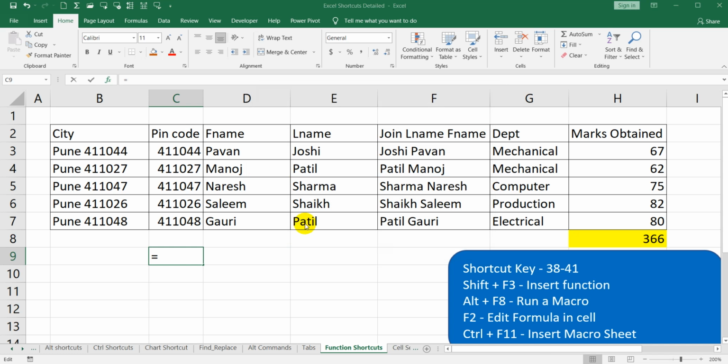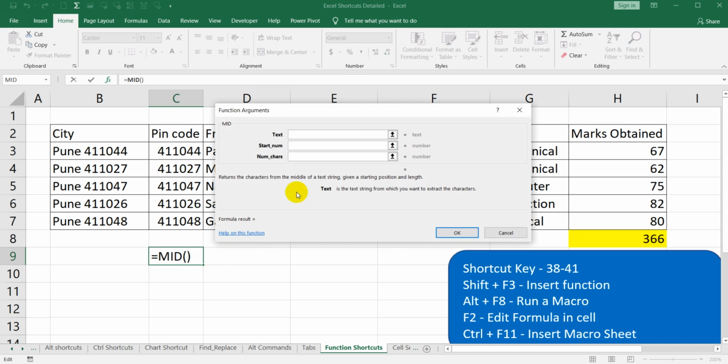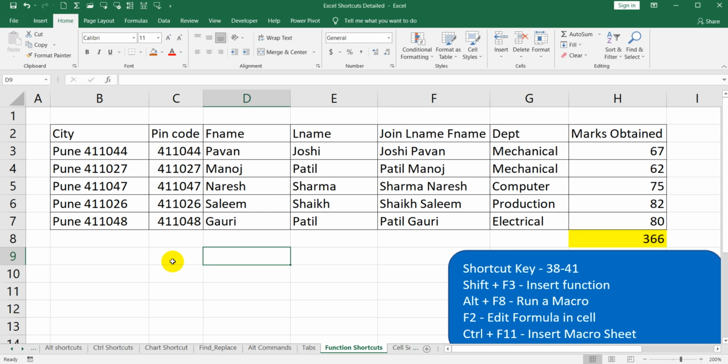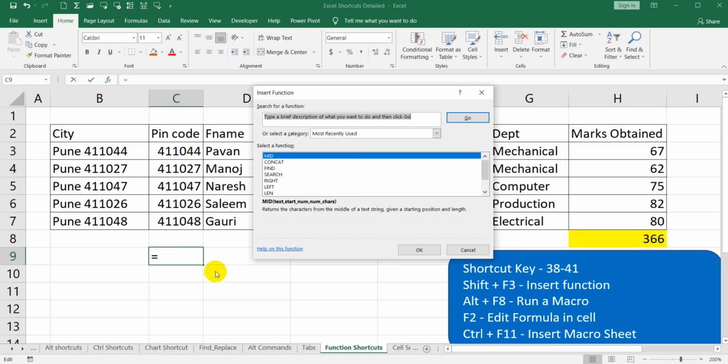So let's consider this MID, and you can see it will ask for the further parameters. We'll discuss this in detail in our upcoming tutorials. So remember, to insert the function, we need to press the Shift and F3 button from the keyboard.